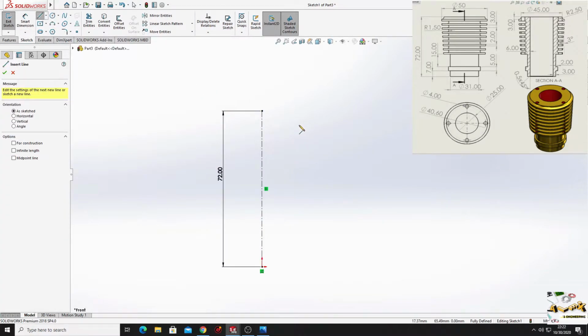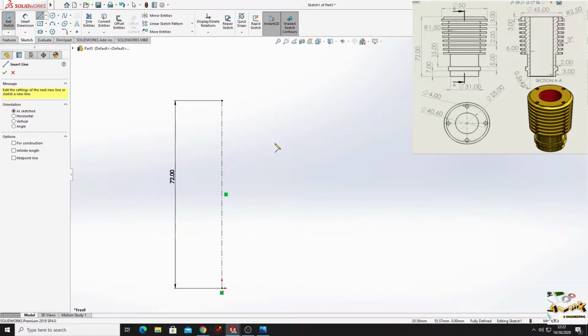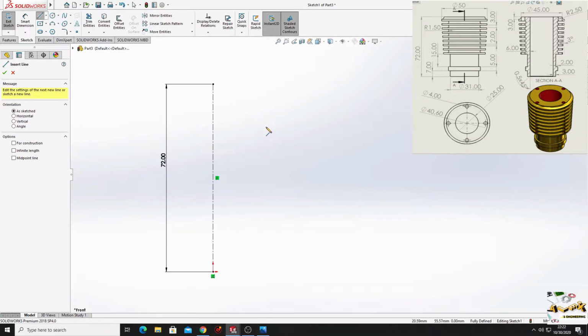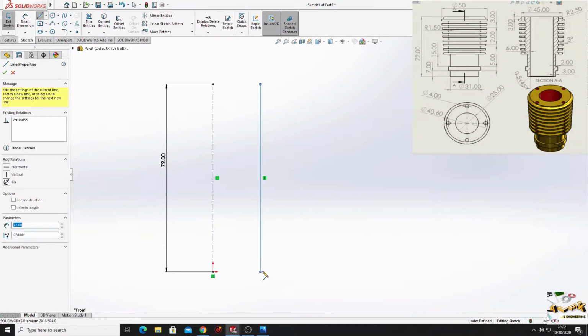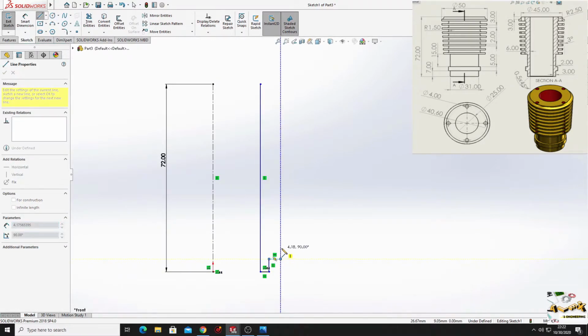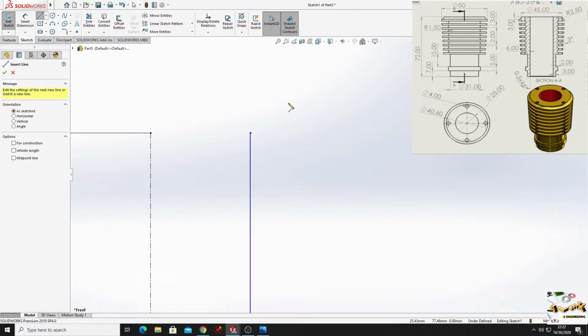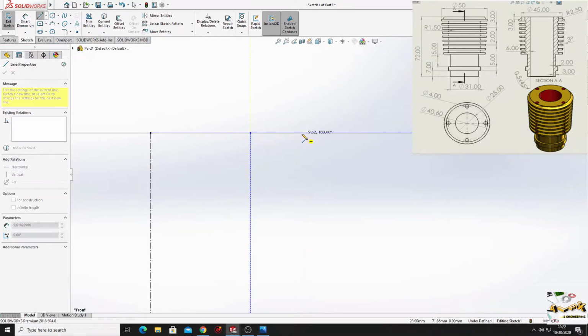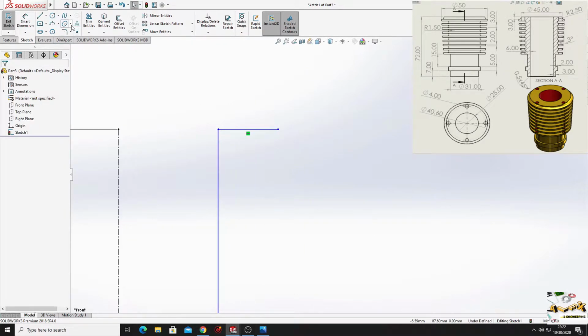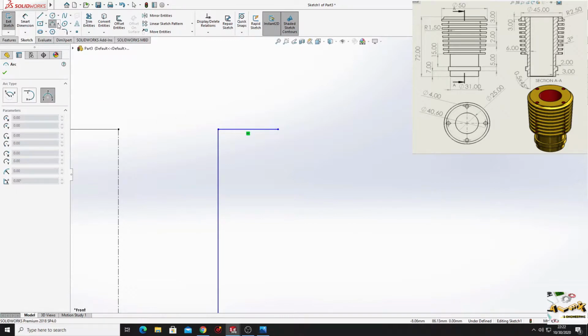And now with line we'll have to make half of this section view. So we'll start just like this. And now from here we'll select 3-point arc and we'll make an arc like this.